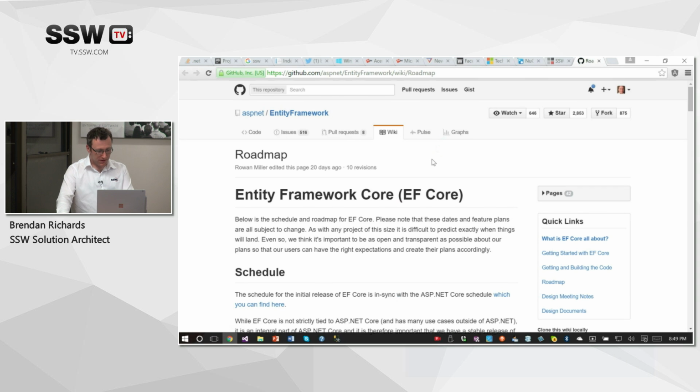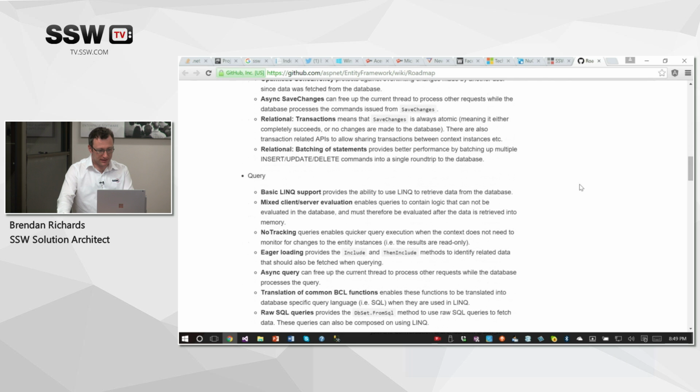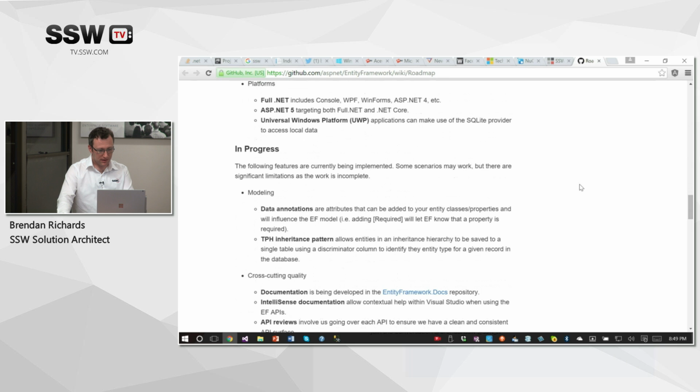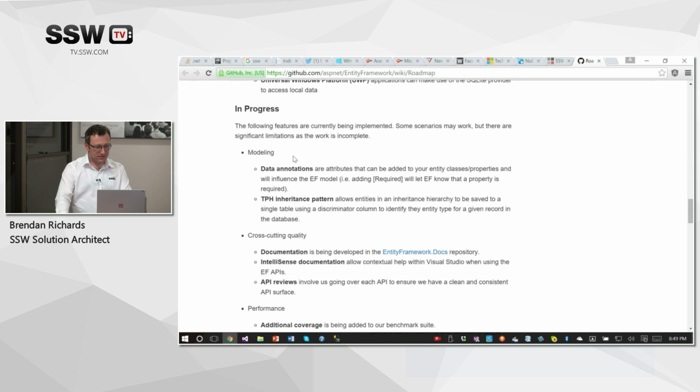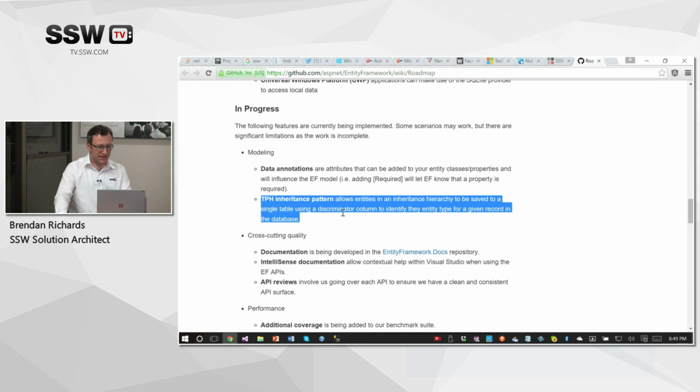So here we are with the roadmap. It's got a big list of features that are implemented and a big list of features that are in progress. So in progress are getting the data annotations. Another thing that's in progress is the table per hierarchy inheritance pattern. Hierarchy is something that relational databases don't do by default. I'm sure there's ways of doing it. One particular pattern is table per hierarchy.